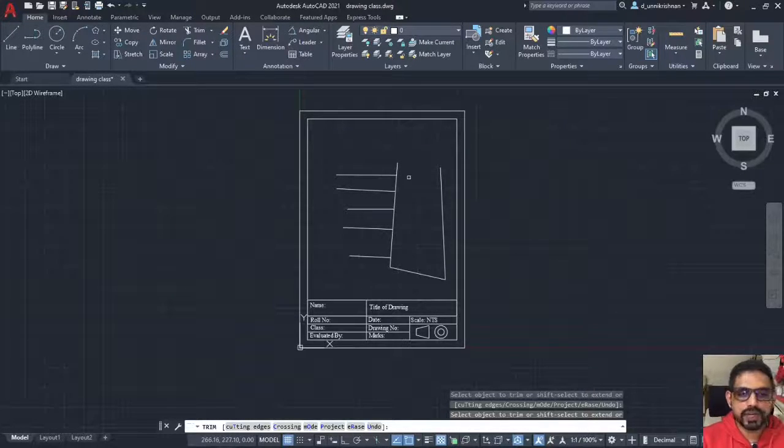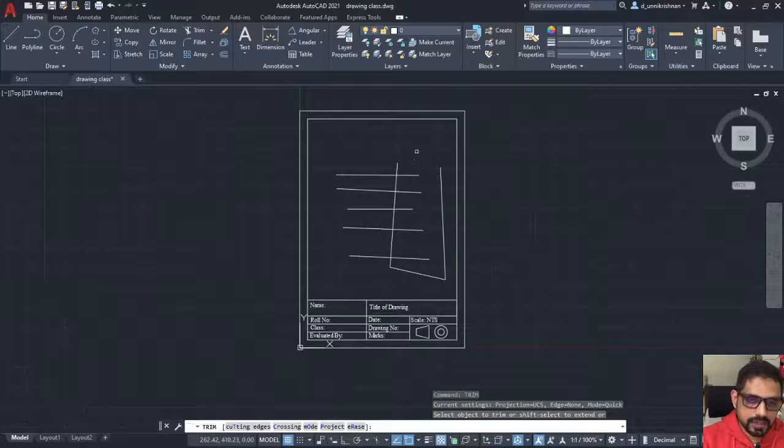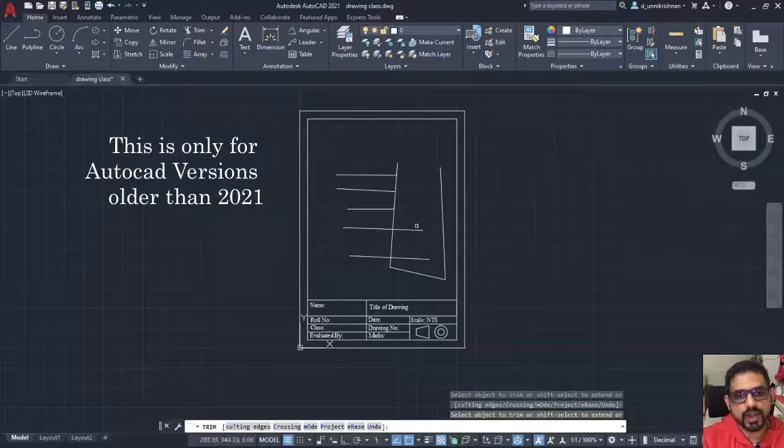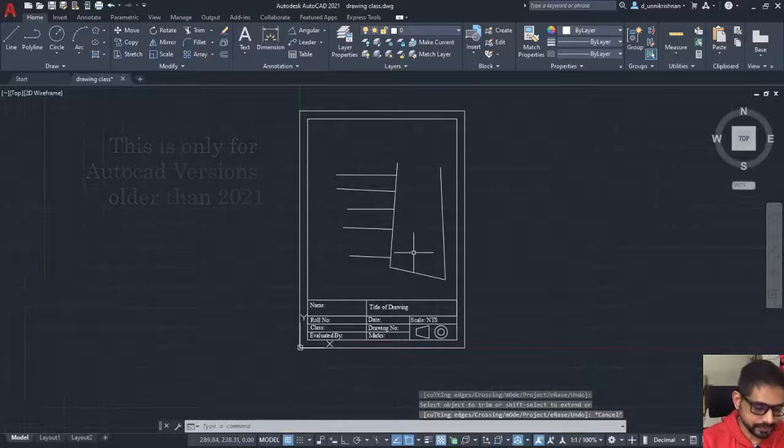This is about the 2021 version of AutoCAD. Trim command is switched on in other versions. It will ask for selecting the trimming edge, and here this line is the trimming edge. So basically you will have to select that line and press enter, and then go on doing like this. So what we would do is trim, enter, enter. You press enter twice so that all the lines are selected as trimming edges.